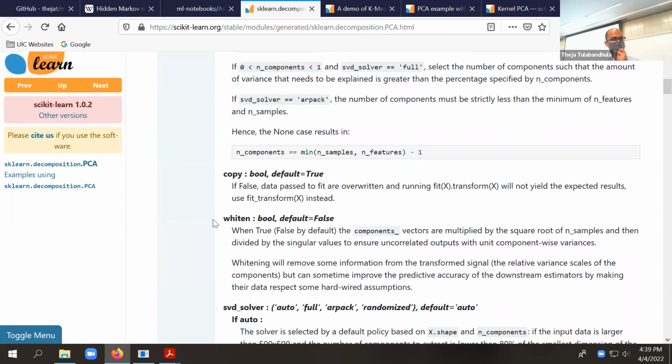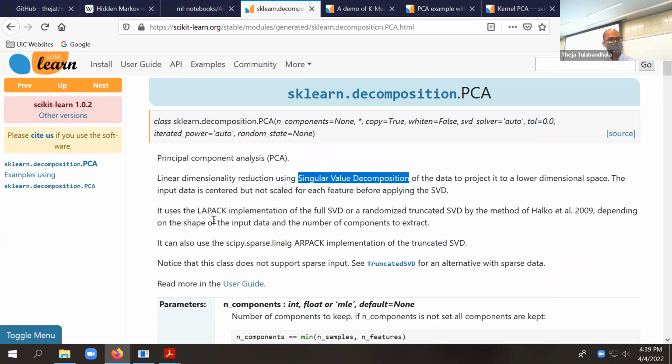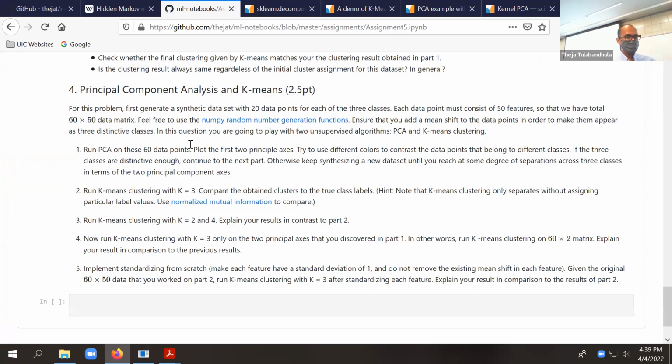So you'll have to call this function. Basically, you don't have to write it yourself. You can certainly call numpy.linalg.svd or whatever. So you can do that, but you can also use PCA as well. It's totally fine. Okay. So in the question, you actually just have to create a synthetic data set